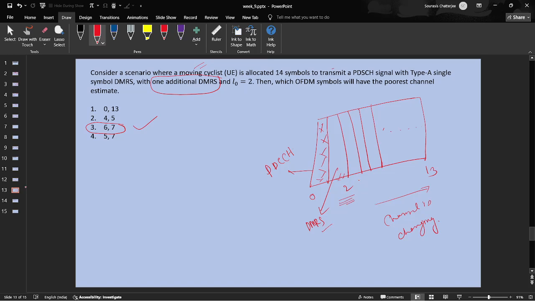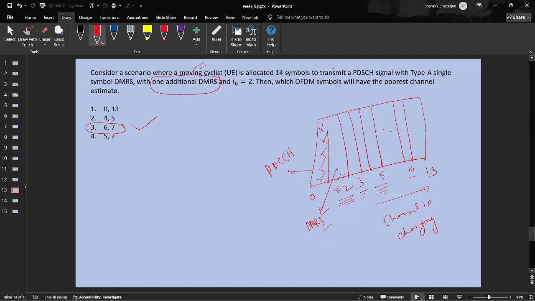The moment you move to the third symbol, your channel slightly changes, but you are still using this. The moment you move to the fifth symbol, your channel changes more, but you are still using this one. So your performance is going to be slightly bad compared to the third one. And by the time you reach somewhere here, let's say the 10th symbol, your channel significantly changes,